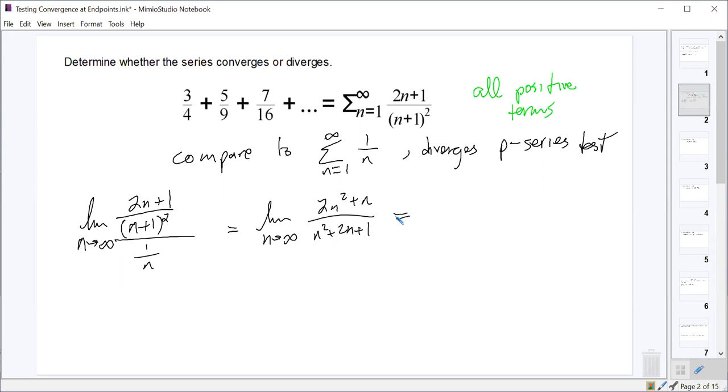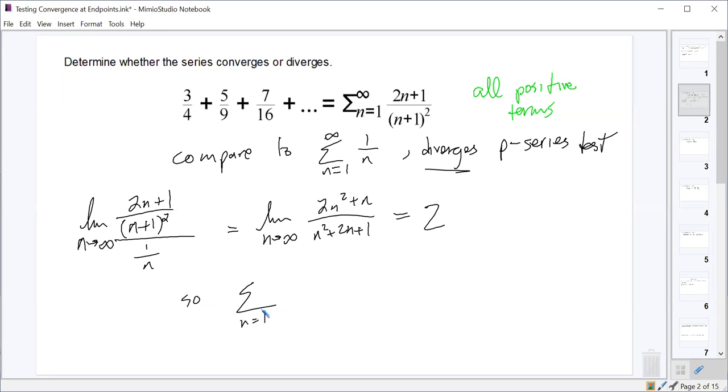And what is that limit? It's 2, right? That should be easy. That limit is 2. And since this limit had a finite value that was greater than 0, it wasn't 0 and it wasn't infinity, it tells us that both our series and the series we're comparing it to either converge or diverge. And since the series we're comparing it to diverges, that tells us that our series